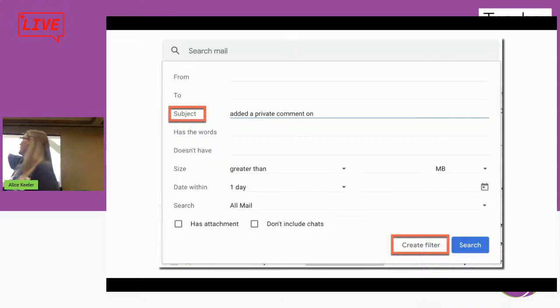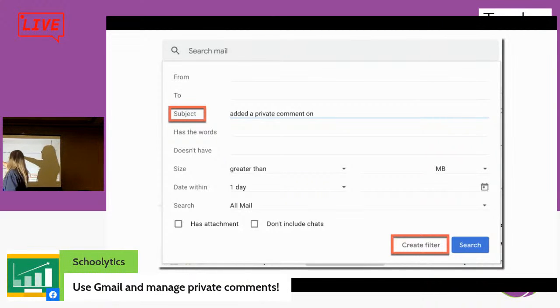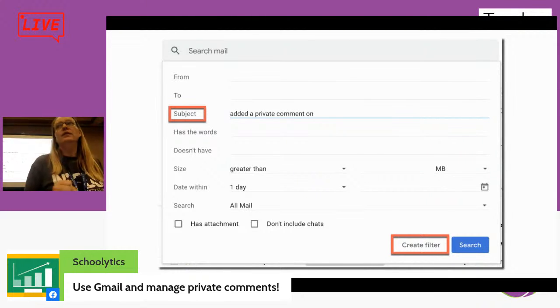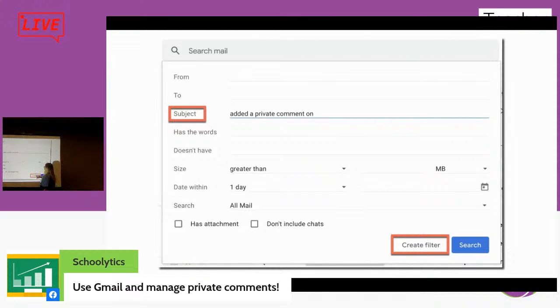and make sure you put it in the subject line. What you're looking for is that robot text that shows up in every single email coming from Google Classroom. I try to include as many of the words, colons, and the very specific language used in there, so that when it filters, it only catches those emails. And then I label it. So what you want to do is not click search, but rather click filter. So you click create filter.